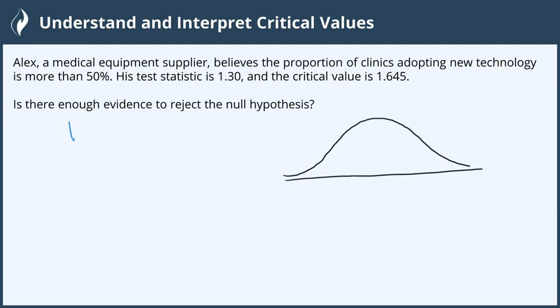Let's also identify the null and the alternative hypotheses, just to verify that everything is as it should be. We're looking at the supplier, Alex, who believes that the proportion, so we're discussing proportions. That means for the null and alternative, we need a p. We're not doing an average, or that would be mu. So in this case, we have p, and his claim, what he believes, is that clinics adopting this new technology is more than 50%. More than is an alternative hypothesis